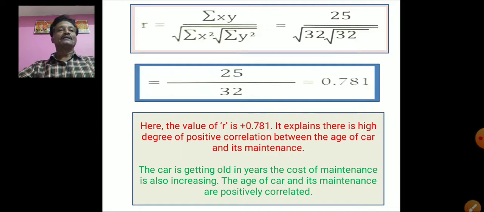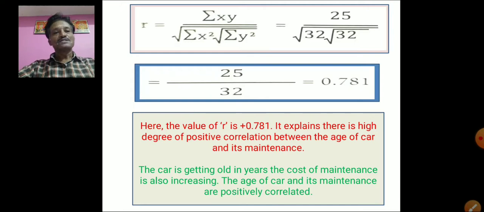You can simply remember, 2 into 2, under root of 2 into 2, is equal to under root of 4. If you remove the root for 4, you will get 2. So if you have the same value 2 times under root, you take one value, that is the value you get after removing the root, right? So here 25 divided by 32 is equal to